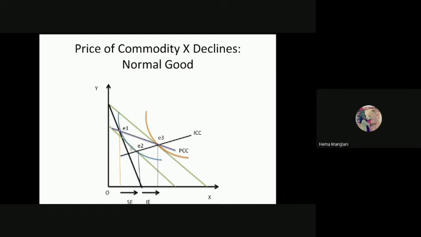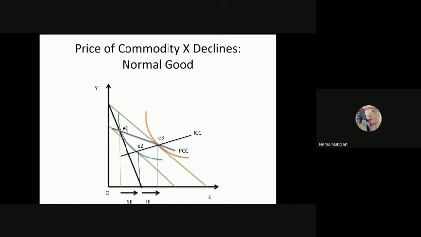This IC1 is a blue indifference curve which shows the initial indifference curve with an initial bundle of consumption. This initial bundle of consumption is E1. It means the consumer would feel more satisfied with the consumption of these two combinations of goods, this much of X and this much of Y. Now, why is he satisfied? Because this is the initial consumption on the given budget line. He doesn't know what change would occur. So before that, his initial consumption is indicating this. The consumer feels that it is good for him and that's why he would like to be here.